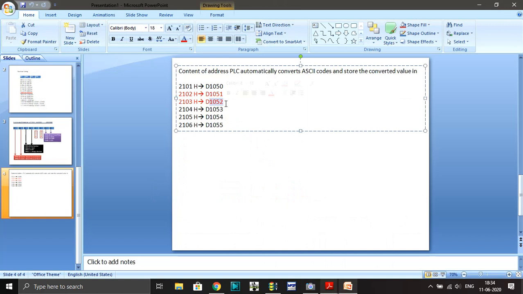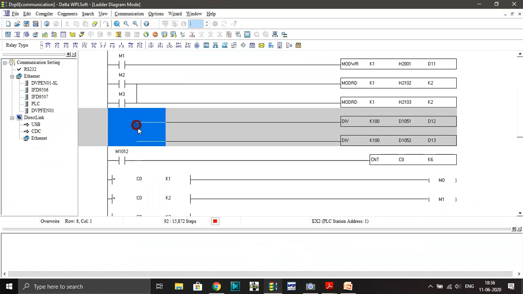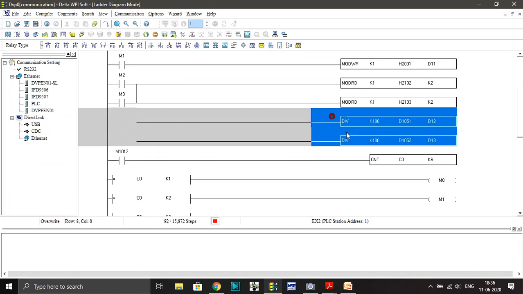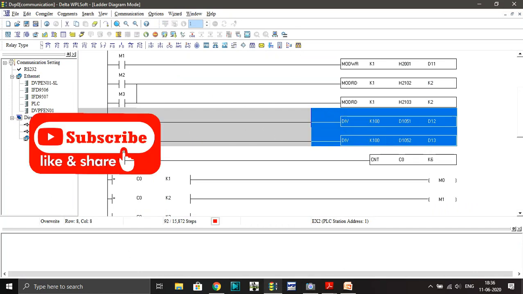So we have to divide that by 100. In the same way, when we give a frequency command we multiply it by 100, and when we retrieve data we have to divide it by 100. So I am writing that divide instruction here, and we can give any input here, because these two instructions will not take part in the serial communication, so no problem.